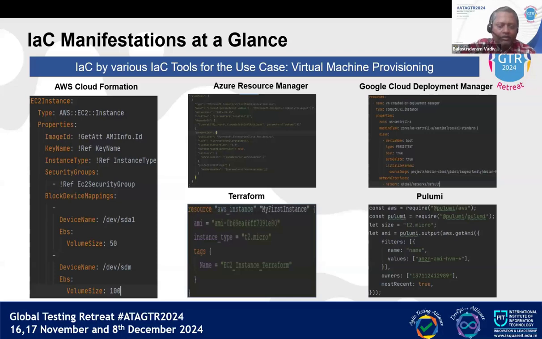Therefore, there are many challenges we will have because of frequent changes in the infrastructure requirements. Because of that, these IAC templates need to be edited and updated frequently based on requirement changes. Once any change or update happens on an IAC template, then we need to do unit testing before we deploy on the cloud.